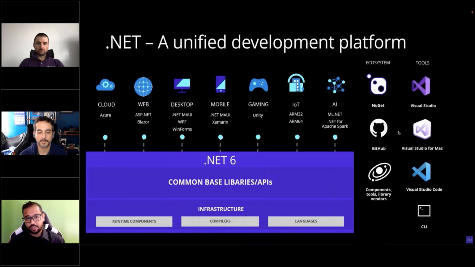If you have been on the .NET journey, we have seen .NET Framework grow and evolve, and then we see .NET Core, .NET 3.1, 5, and now .NET 6. This is the latest .NET you can use out of the box that's production ready. .NET 6 came out in November of last year. Along with it, you have all the tools that are now cross-platform, on Windows or on Mac. And it's fair to say that with .NET you can build any types of apps that run on any types of devices, physical or in the cloud.